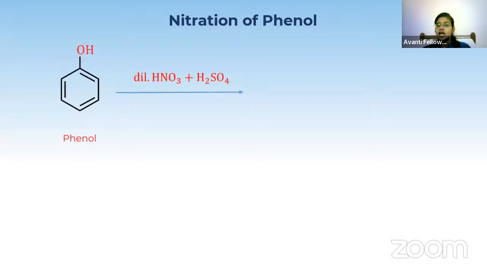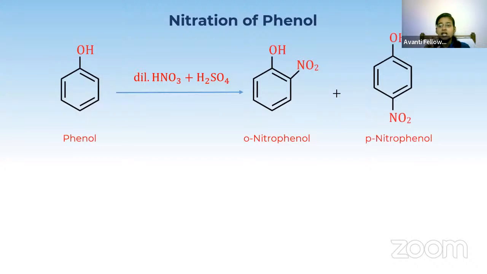Diluted HNO3. Actually, we usually use concentrated HNO3, but with phenol we are going to do it with both. Both means diluted HNO3 as well as concentrated HNO3. First I'm going to do the reaction with diluted HNO3 and H2SO4. If I use this particular nitrating mixture, the product that I will get is